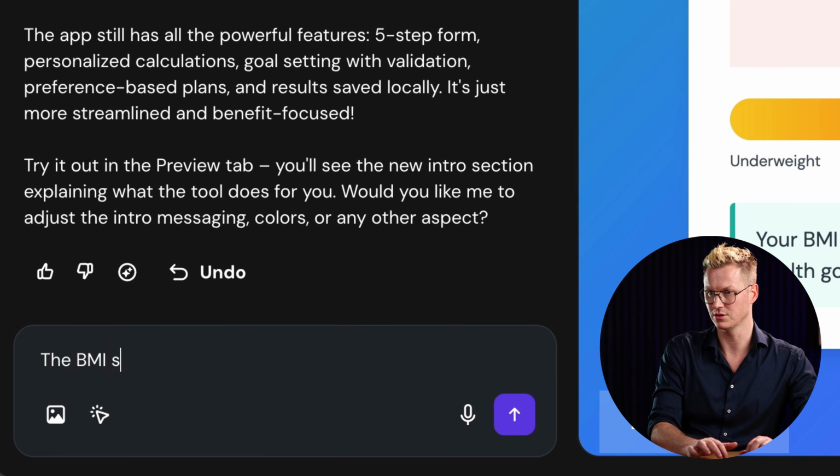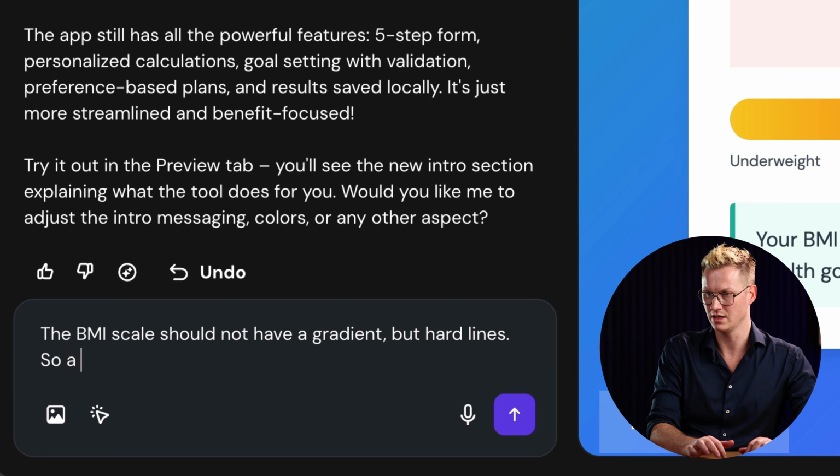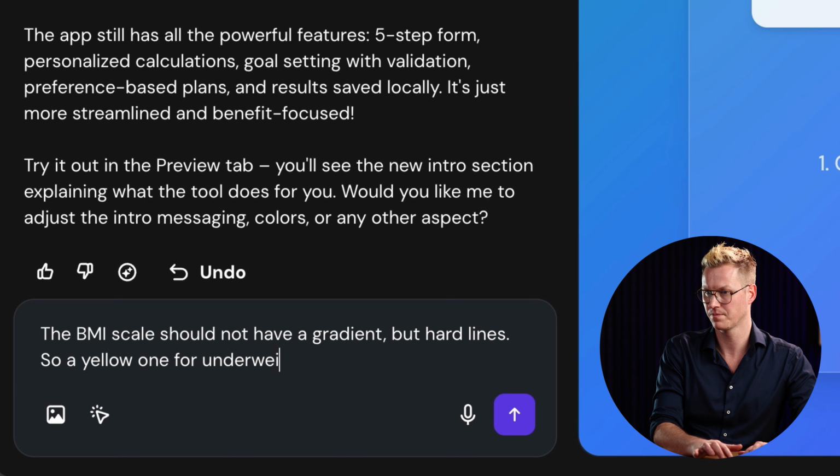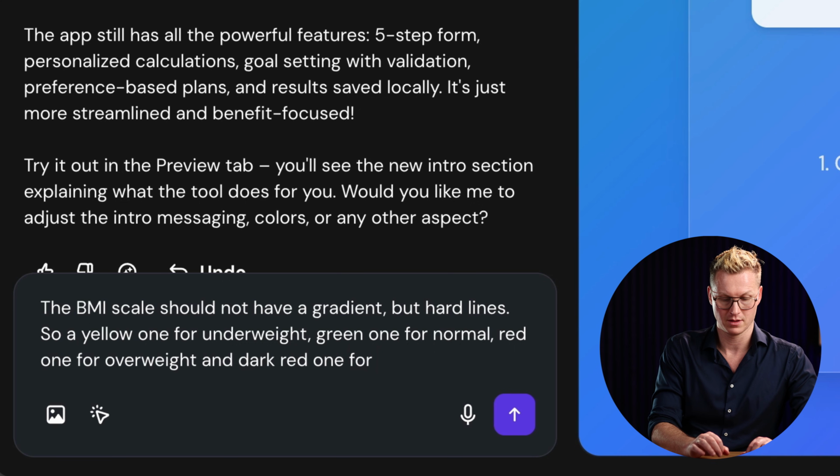The BMI scale should not have a gradient, but hard lines. So a yellow one for underweight, green one for normal, red one for overweight, and dark red one for obese.